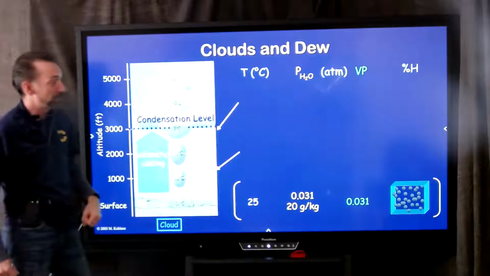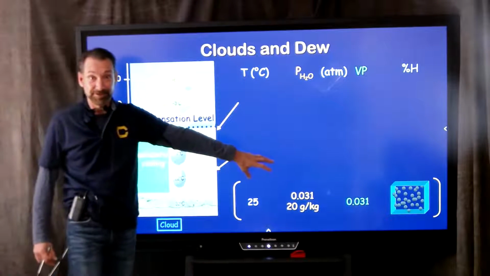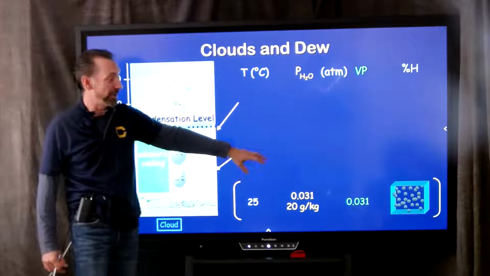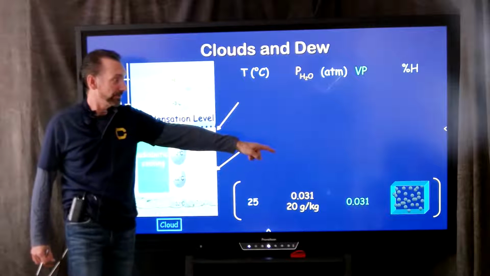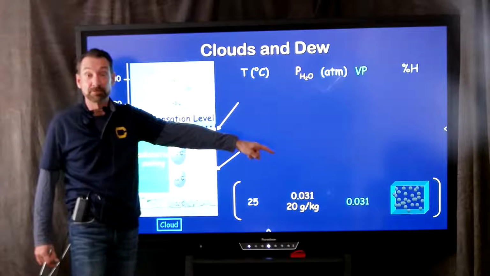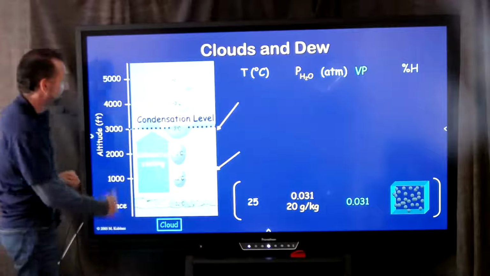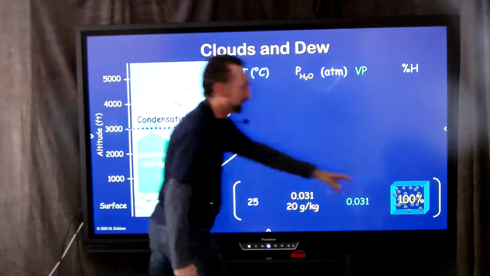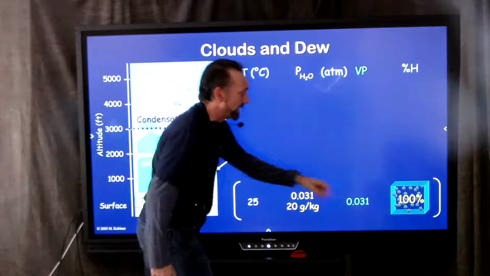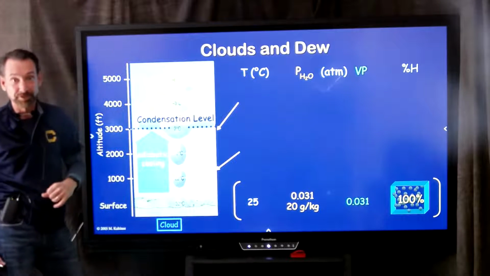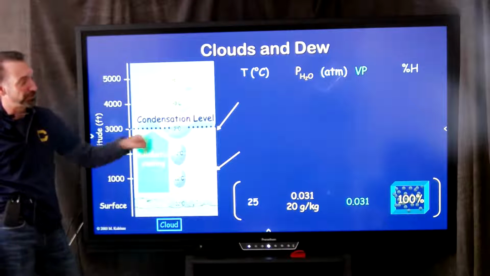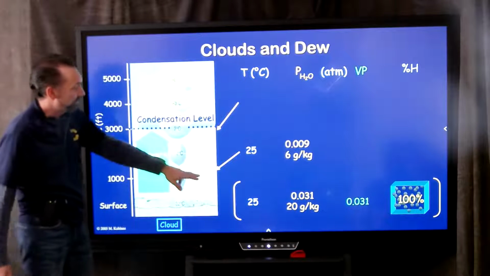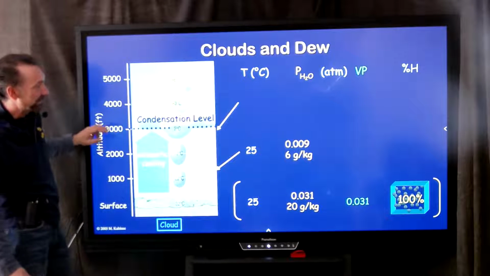So that's saturated water, and you might see the gaseous phase if the conditions are right, because you might see fog at those conditions when you're there. We actually call that 100% humidity, when the air contains the maximum partial pressure of water for that temperature. So here's 25 degrees C at